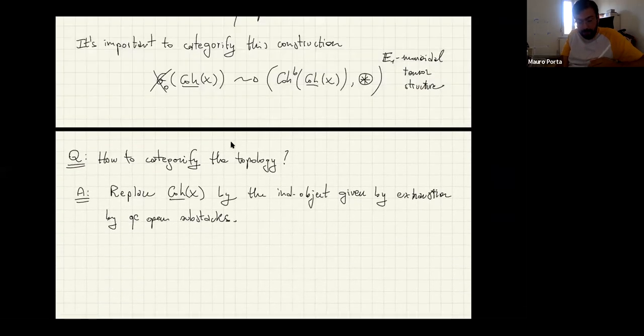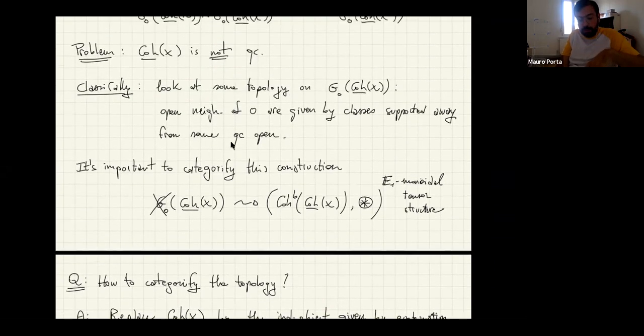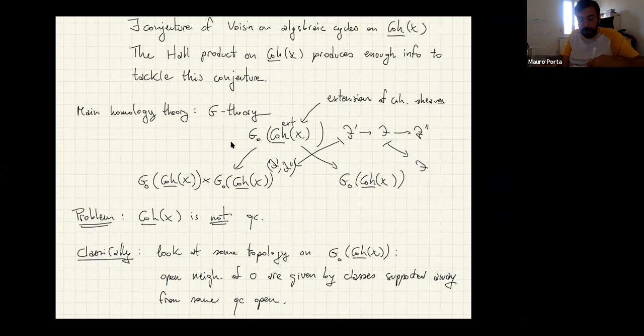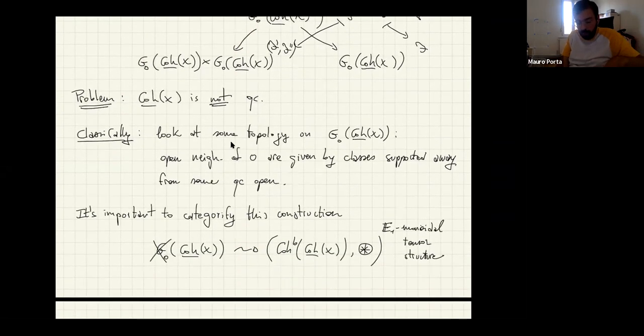But it's not important. The point is that if we work with the Ind object structure and we consider all the open exhaustions at the same time, then this ambiguity does not create a problem, and we can just solve it and get a canonical 2-Segal object in Ind stacks. So that's